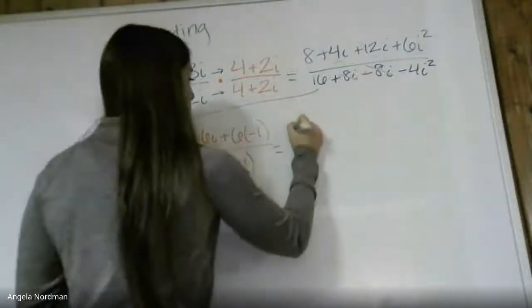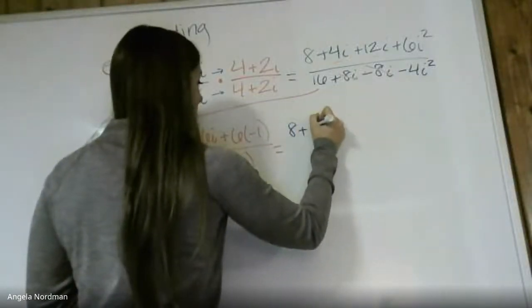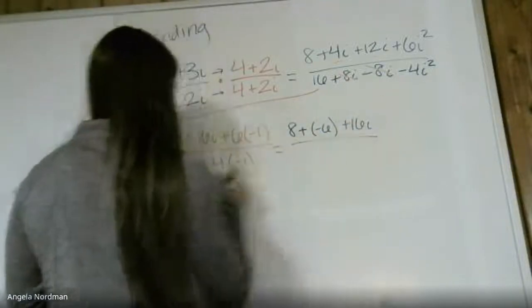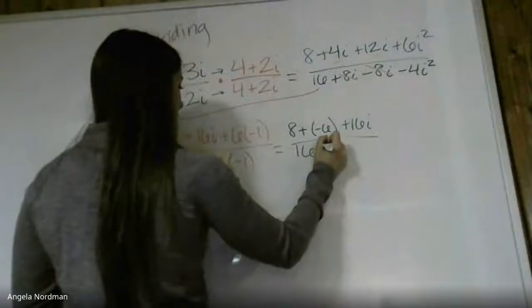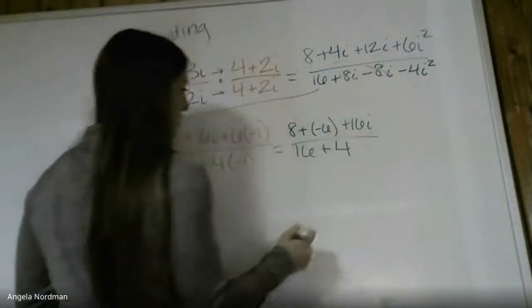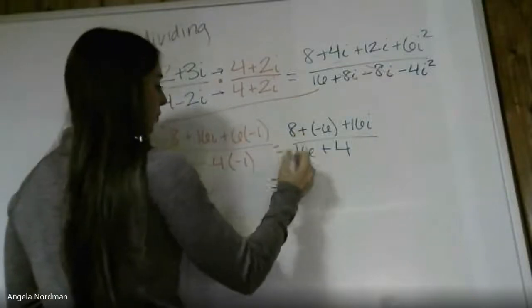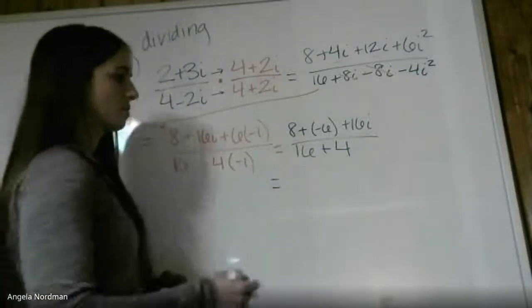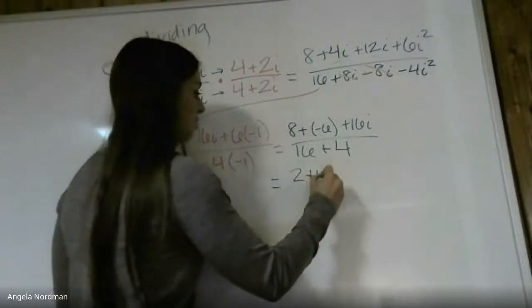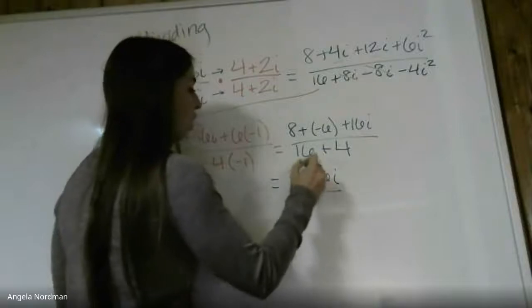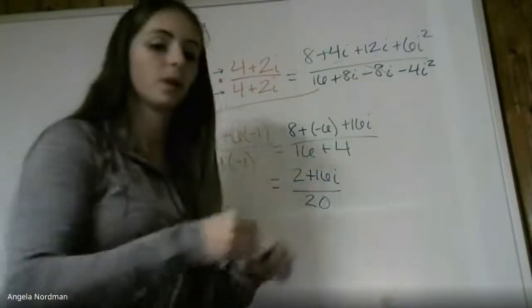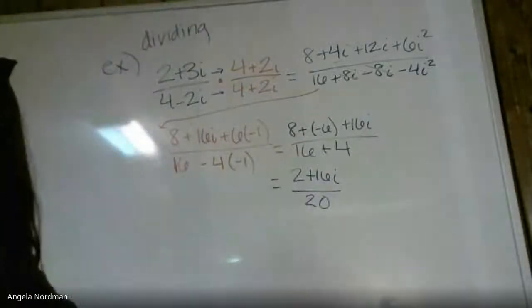6 times negative 1 is negative 6. Still plus 16i. 16 plus negative 4 times positive 1 is positive 4. So now we can combine our last like terms, these constants. 8 plus negative 6 is positive 2 plus 16i, all over 16 plus 4, which is 20. Okay, so this is going to be